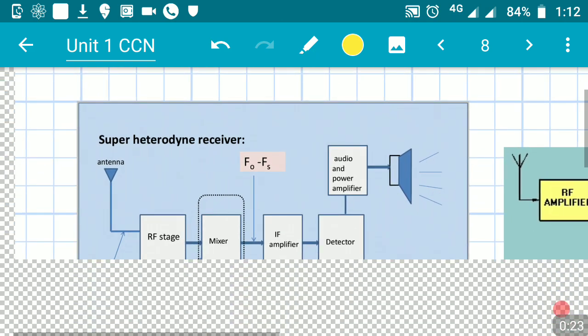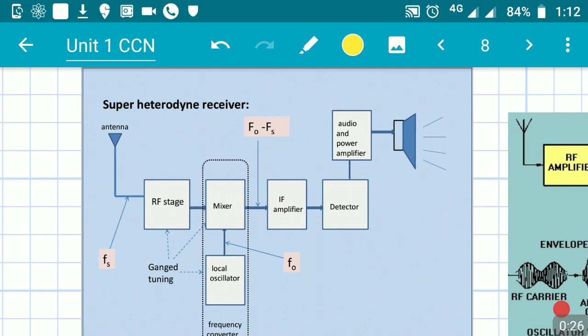What do you mean by the heterodyne process? You will have some frequency and you will add some more frequency and generate some intermediate frequency. This process of generating intermediate frequency by subtracting the RF stage frequency and the local oscillator frequency is what we call the process of heterodyne or superheterodyne. That superheterodyne process is used in the type of receiver that we are going to discuss. That is why it is called the superheterodyne receiver.